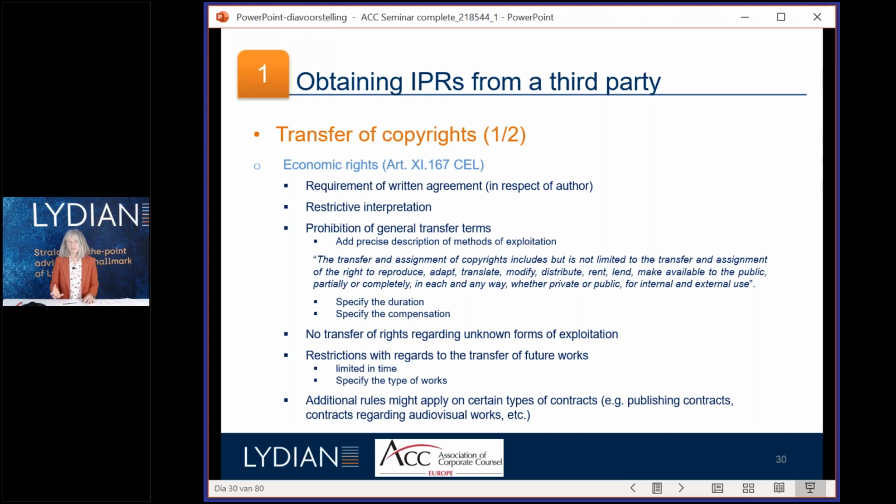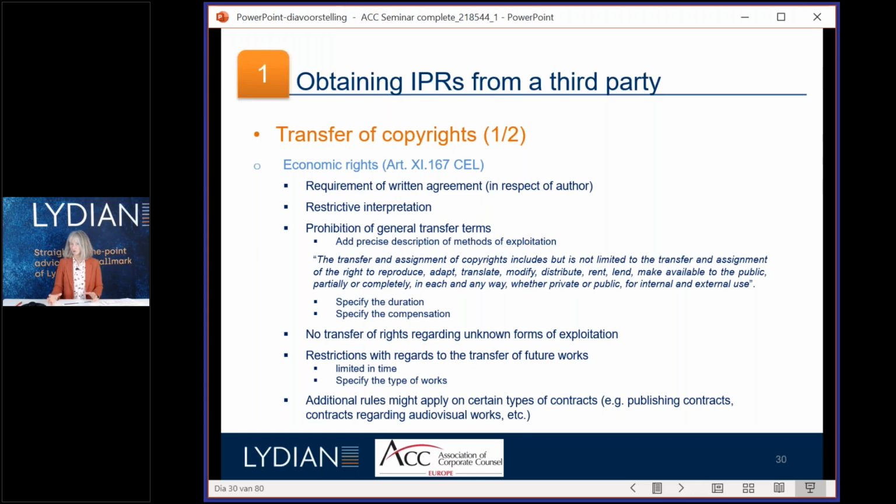And of course, the EU Commission is working on it, but still there is no global harmonization. And of course, as a Belgian lawyer, I will focus on the Belgian aspect of the case, but I will try to make some points where I can see some difference with some main countries. And with regard to transfer of copyright, basically, in a country like France, we are very focused on